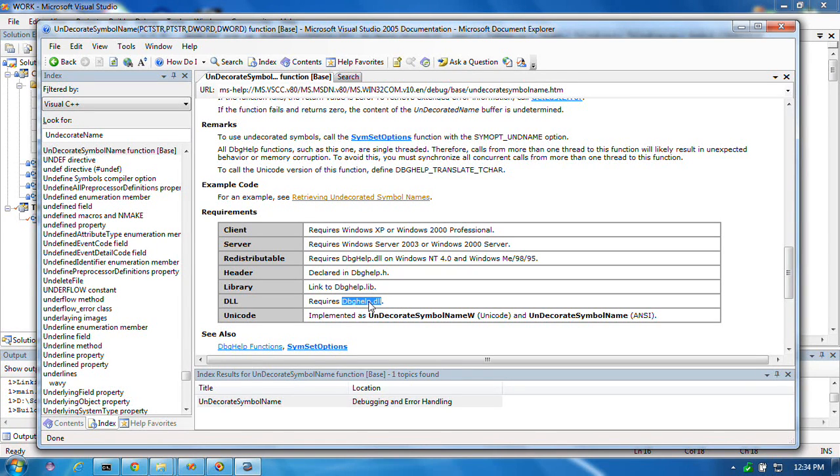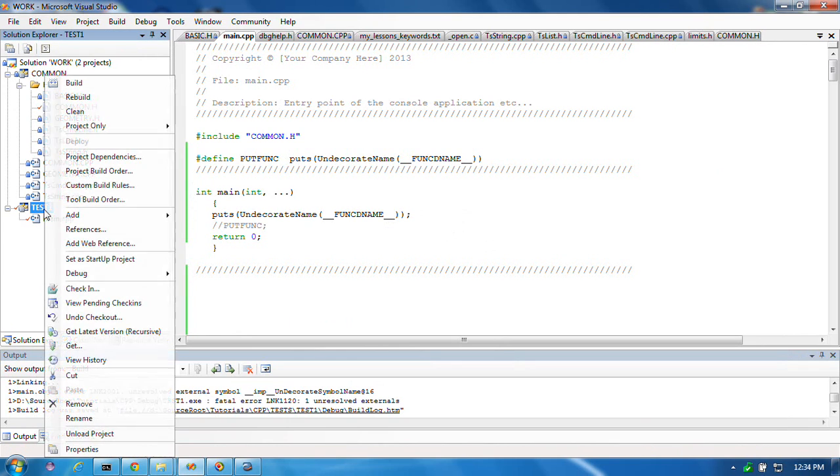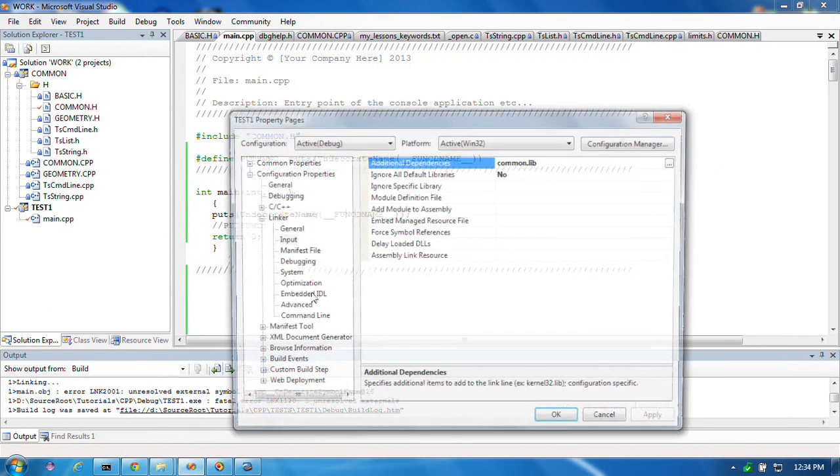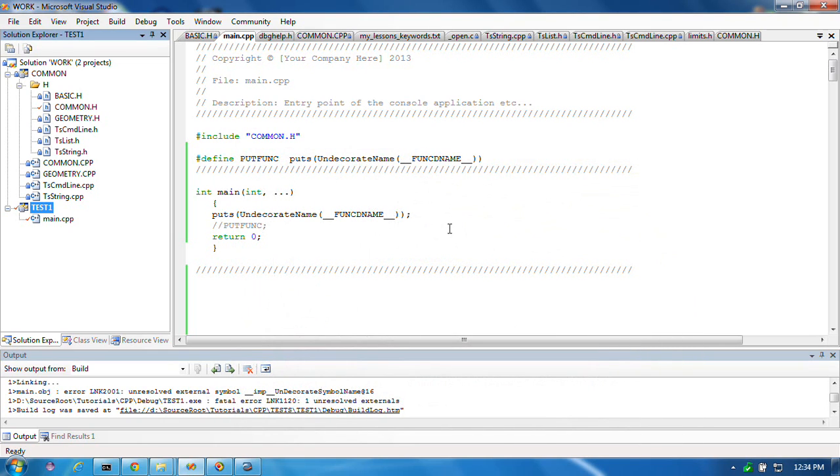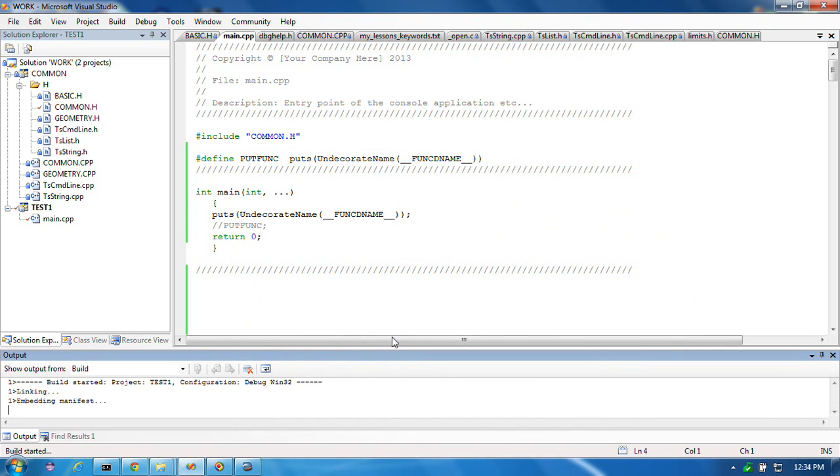It resides in a different type of file, which can be loaded dynamically or unloaded. This lib just pretty much tells me the offsets of the various functions inside that DLL. So you go to your project settings and go to linker input, and put that lib file there. That'll make this compile,